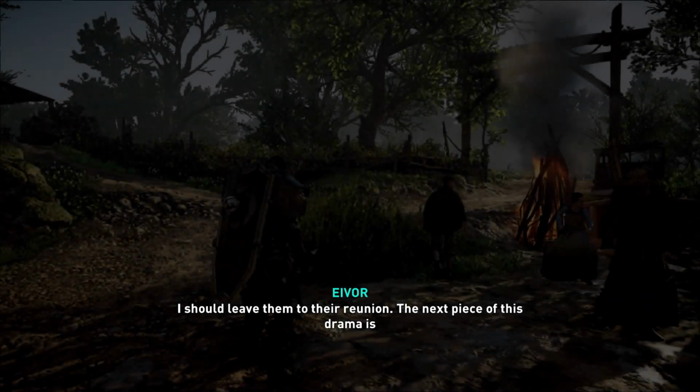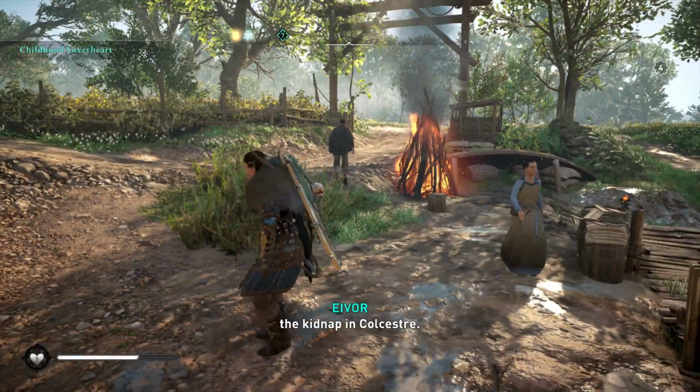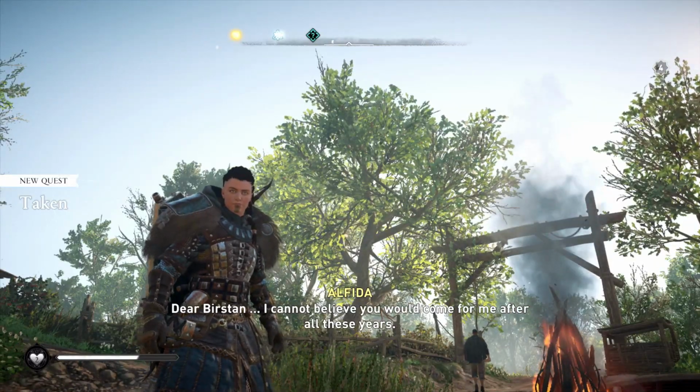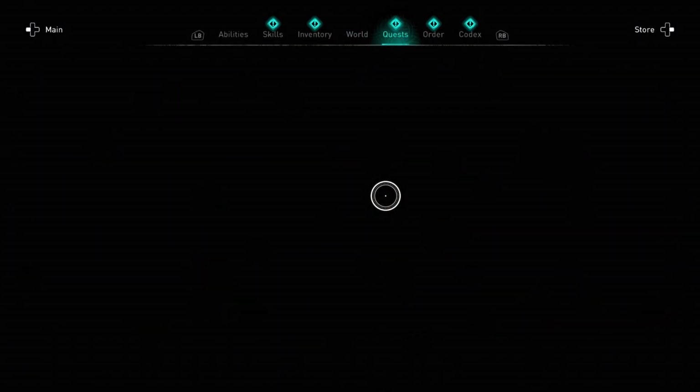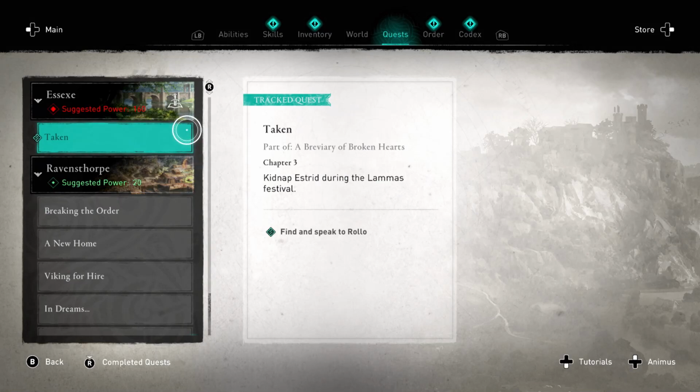I should leave them to their reunion. The next piece of this drama is the kidnapping. And that will close out Childhood Sweethearts, and we have also completed Old Wounds. Now, this is going to wrap up entry 24, but we are going to be picking up entry 25